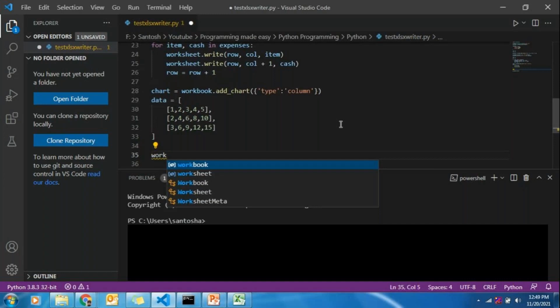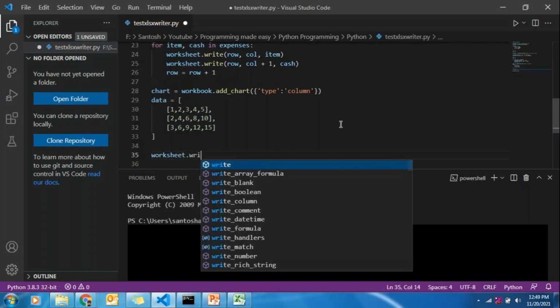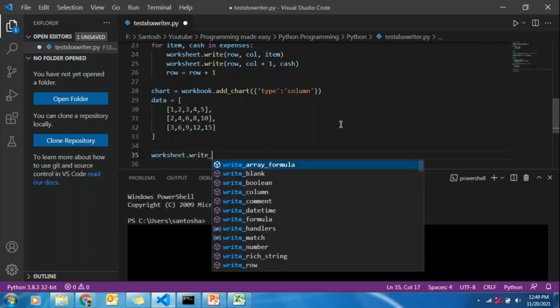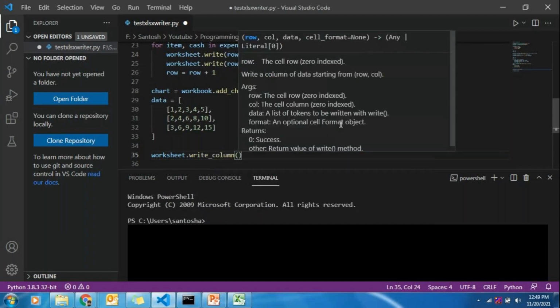So first we will write the value to the Excel file. So worksheet dot write column. So write column function you can use to write the column values in one shot. Earlier what we did, writing a single cell. Now what we are doing, writing a particular column.